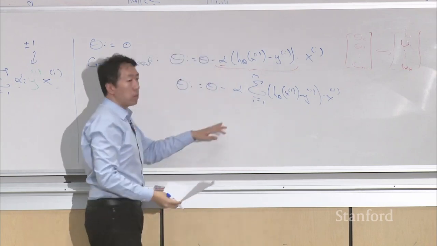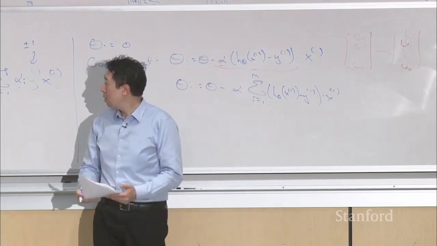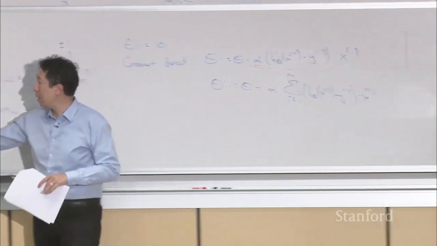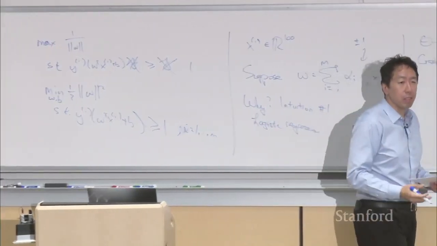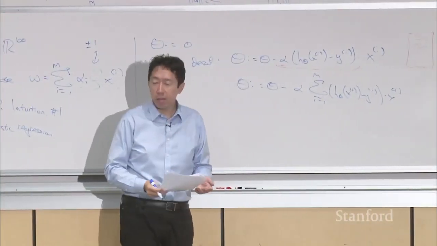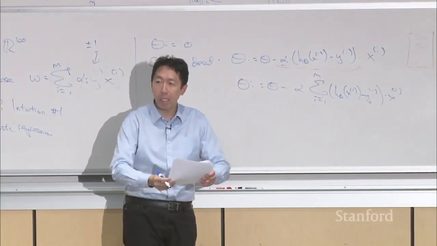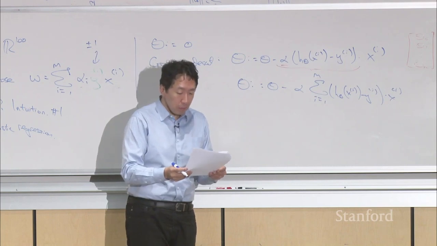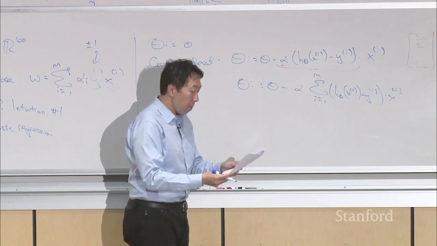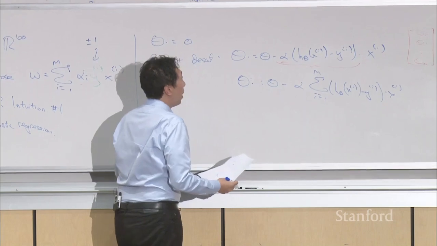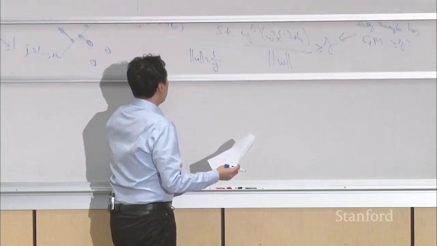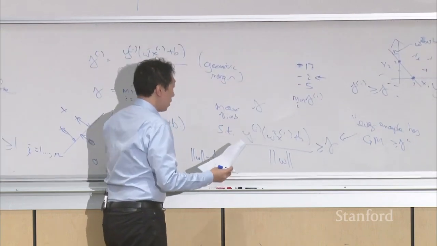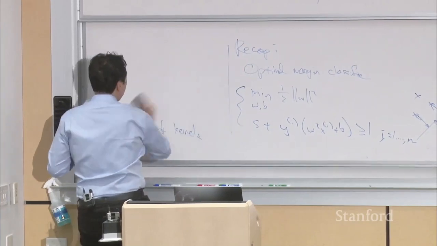It turns out you can derive gradient descent for the support vector machine learning algorithm as well. You can derive gradient descent to optimize w subject to this, and you could have a proof by induction that no matter how many iterations you run gradient descent, it will always be a linear combination of the training examples. So that's one intuition for why assuming w is a linear combination of the training examples is a reasonable assumption. I want to present a second